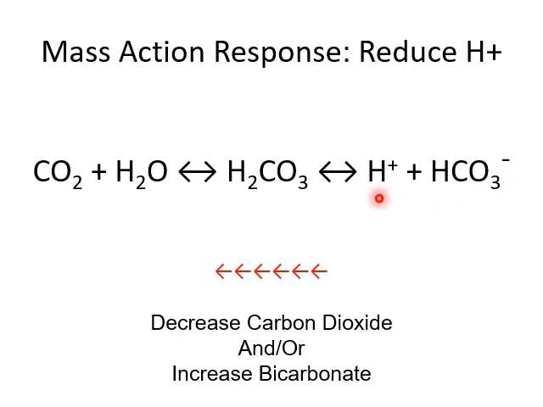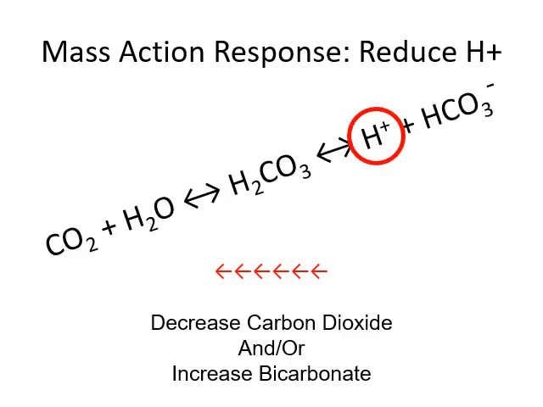And as bicarbonate combines with the hydrogen ion, it takes hydrogen ions out of solution and runs the equation this way. So I can also take this away, and then these piles become bigger and everything runs downhill. So if we look at it this way, I can either take this away, decrease the carbon dioxide, or increase the bicarbonate. In both cases, I'm going to run the equation downhill, and this combining with this will take away